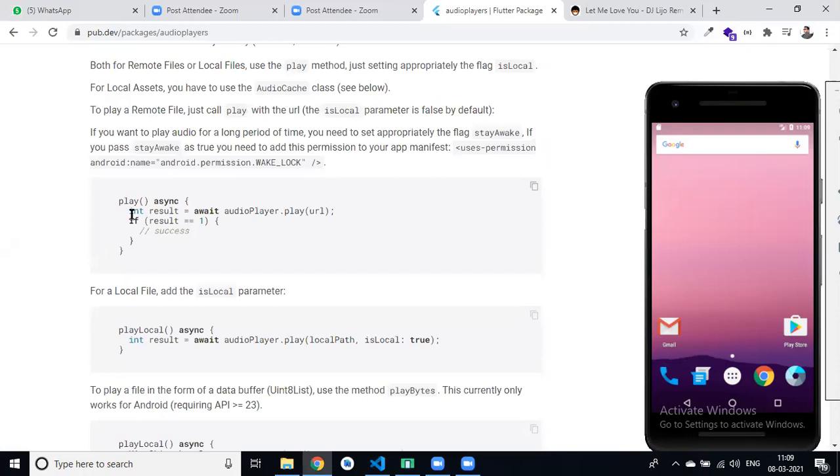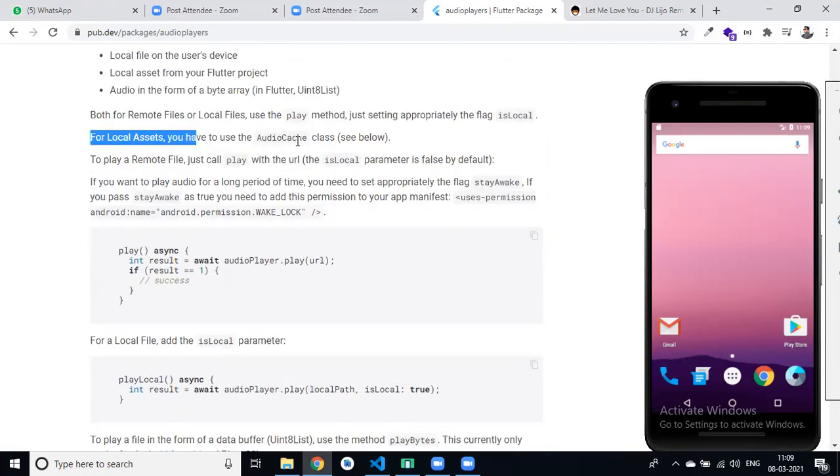If you want to play from URL, simply audio player dot play. But if you want to play from a local asset, you can see this.